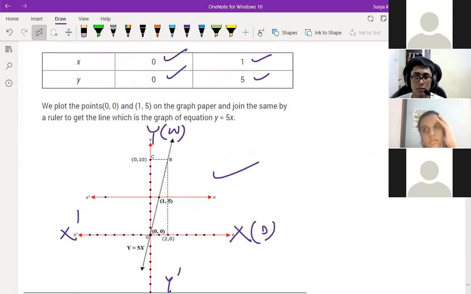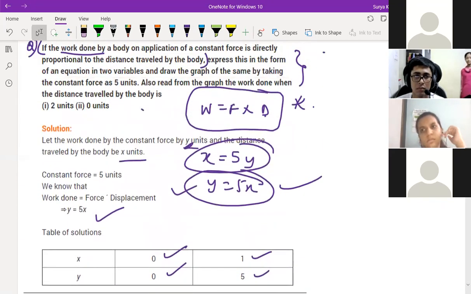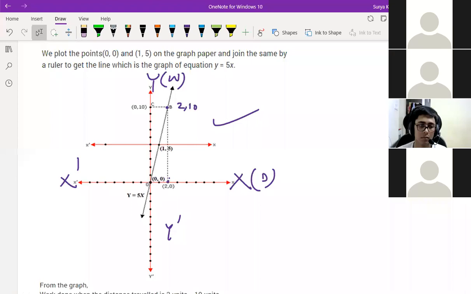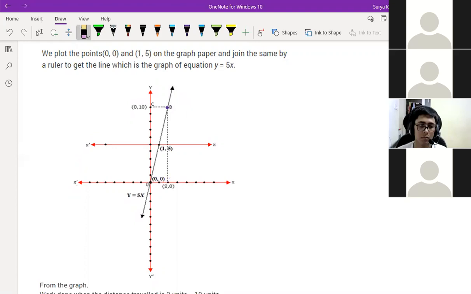So in the question what they are asking here is, distance traveled by the body is 2. So where is 2? Distance traveled is here, 2. See here, you should match the graph over here. So your graph will match here. At that time, how much is your work? 10, right? So this point is nothing but 2 comma 10. Correct, children? Yes, sir. At distance 2, how much work is done? You didn't understand? One minute. I will show you once again. I'll make the graph bigger.